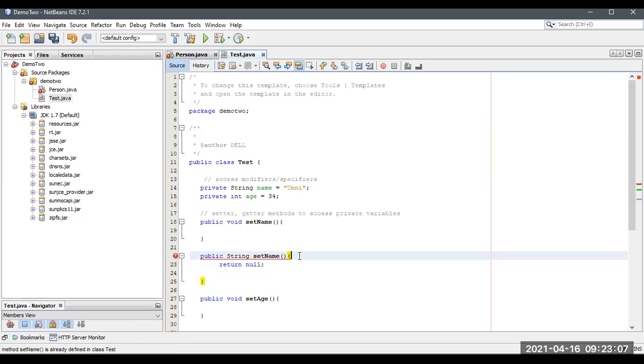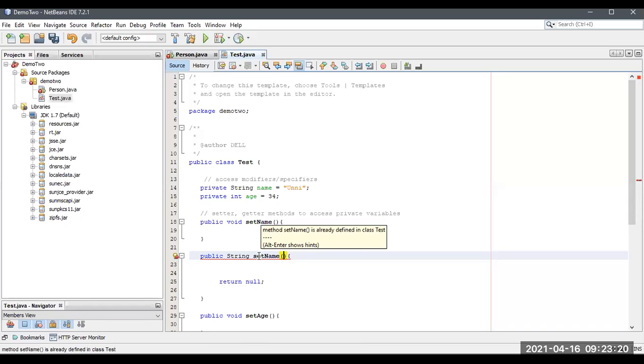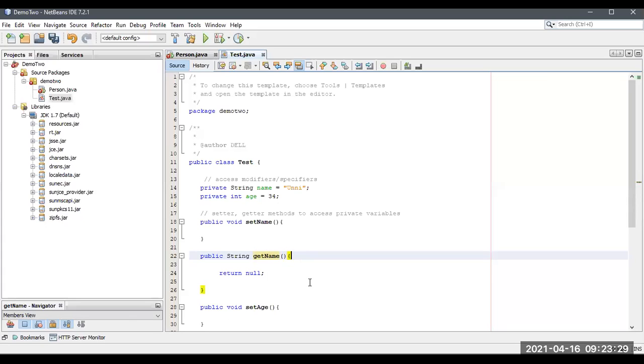It says already defined in the class setName. Okay, sorry, it's getName. Okay, now the error has been removed.